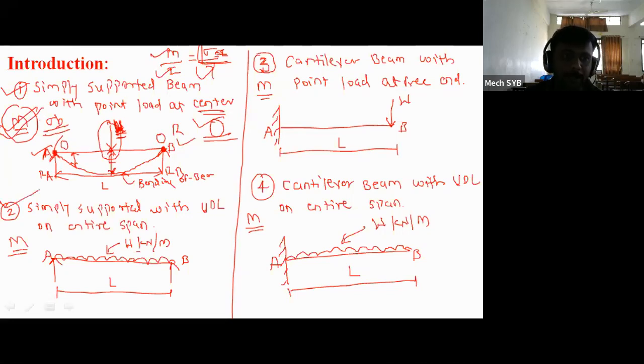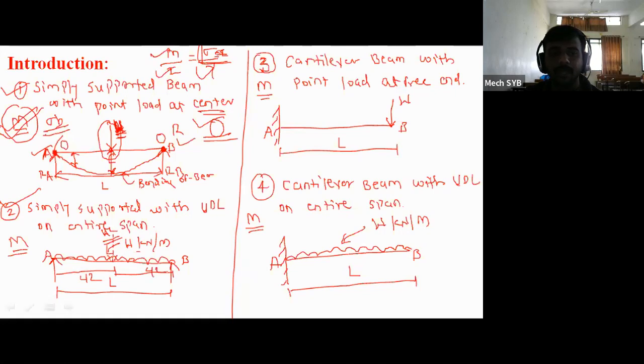Similarly, for the second figure, simply supported with UDL on entire span. So what we have done for this particular figure in the form of SFD and BMD, we have converted the UDL into a point load. बरोबर आहे? हे UDL चा आपण point load मध्ये convert केलं, तो point load आपण dotted line indicate केला आणि त्याची व्हॅल्यू म्हणून काय काढली? W into L. बरोबर? And it will act at the distance